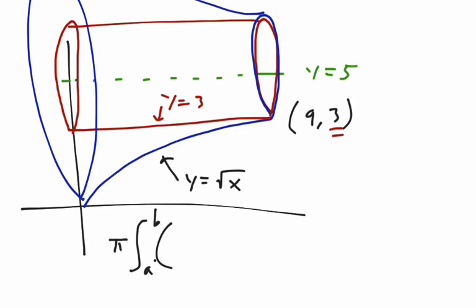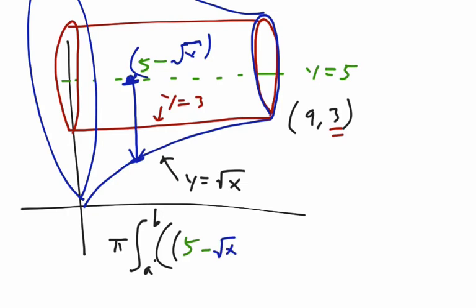So the outer radius is still the blue radius, but now to figure this out, we're not going to use square root of x minus 5. What we need to use is 5, because that's the top value, minus square root of x. Hopefully you see that it's clear that we want to do top minus bottom. And so using that here, we would get 5 minus square root x, close parentheses, squared, that's our outer,